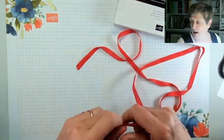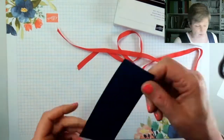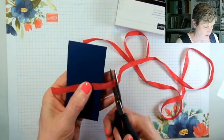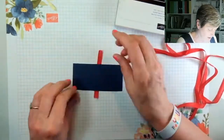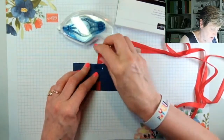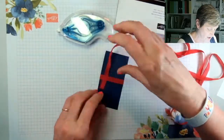Now, if you're doing a card and you want it to look as if you've tied 2 ends together, this is what I always do. Random piece of card. Hadn't planned on this. So I'm going to cut my piece of ribbon. Must clean those scissors. I'm going to grab myself some Seal Plus. One end, other end. You've now got your nice straight, in inverted commas, piece of ribbon